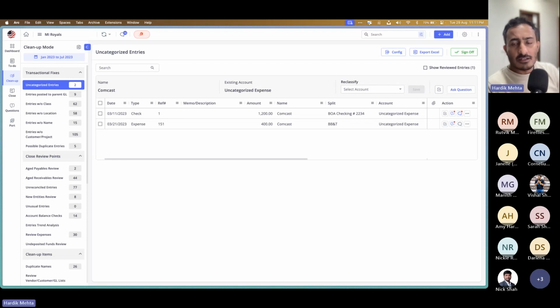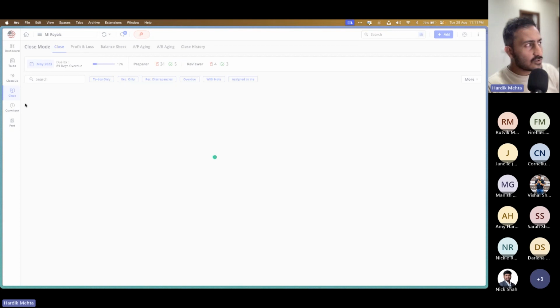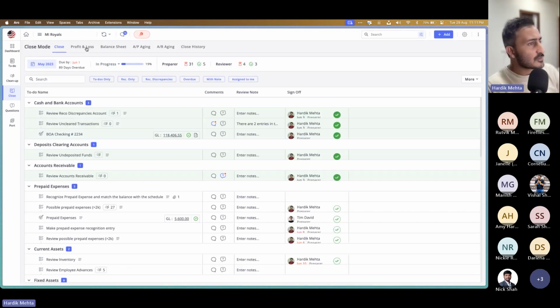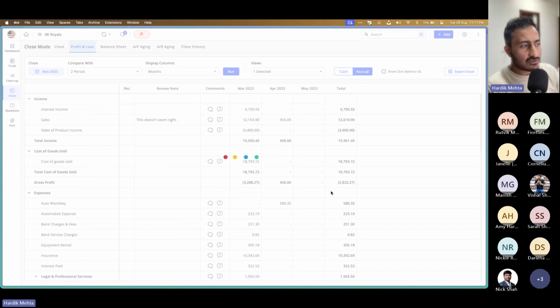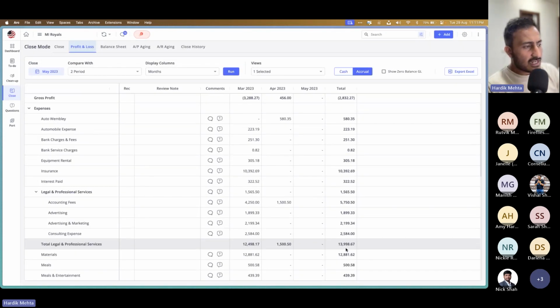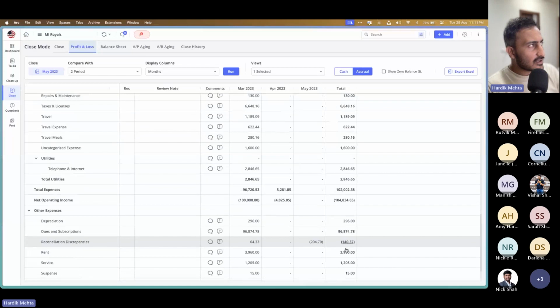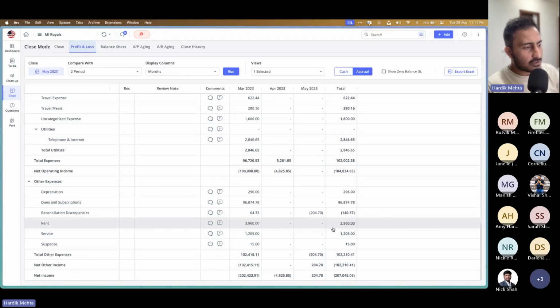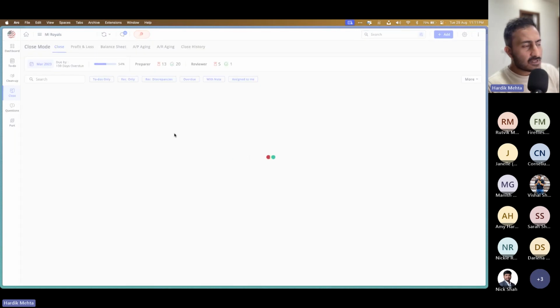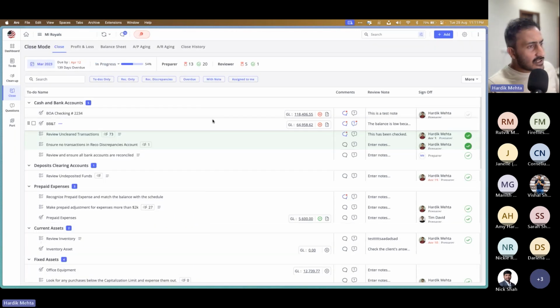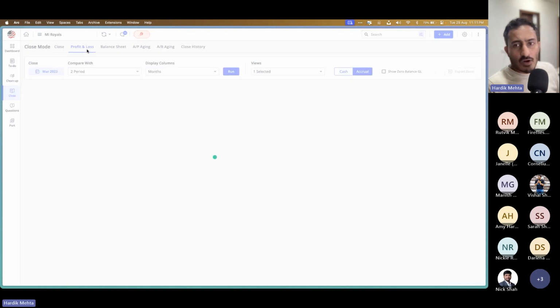All right, number one feature that we added was with the profit and loss. So when you go to profit and loss in the close mode, we have revamped the GL snapshot window. So now what's going to happen is that whenever you click on any of the amounts here, let me just show you for a second. If I switch to, let's say, March close here, and click on any of the amounts, so if I go to profit and loss,